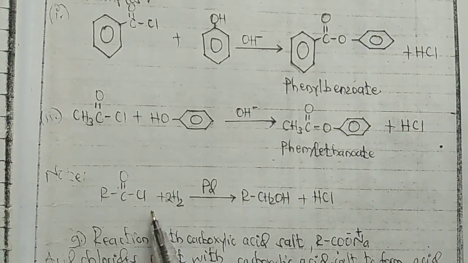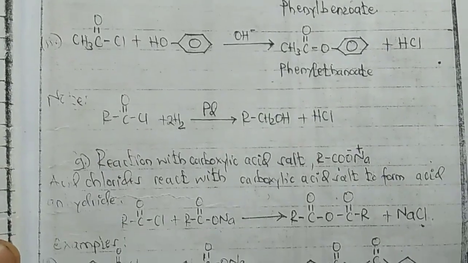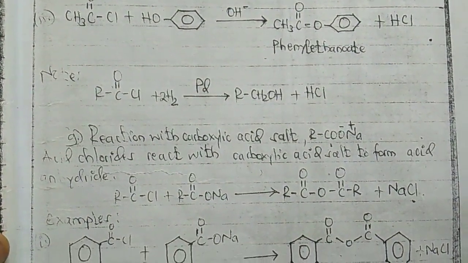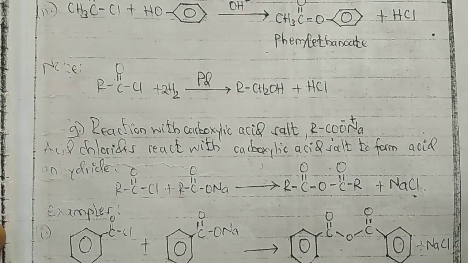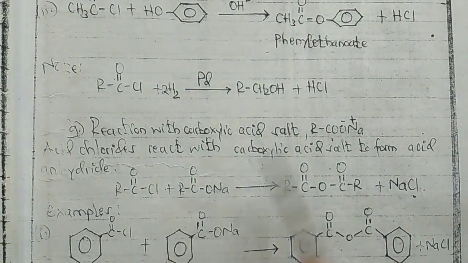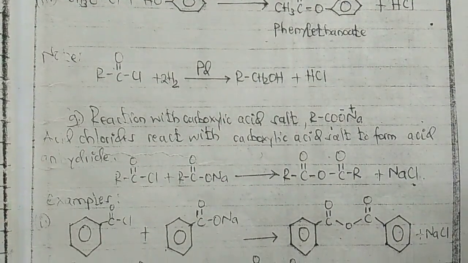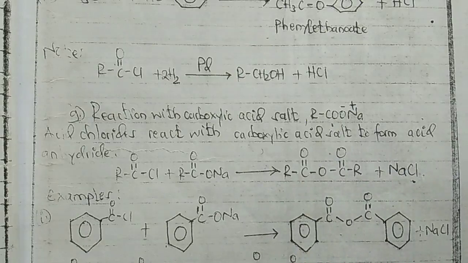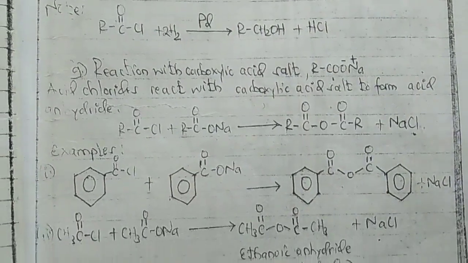Lakini pia huyo hapo ukimreactisha na ukimreduce na hydrogen in the presence of vanadium catalyst unapata alcohol. Reaction of acyl chloride with vanadium catalyst. You reacting it with the hydrogen in the presence of vanadium catalyst. Reaction with carboxylic acid salt, RCOONa. Acid chloride react with carboxylic acid salt to form acid anhydride and RCOONa. So tukireactisha na carboxylic acid salt tunakuja kupata acid anhydride ambazo kuna kama huyo hapa